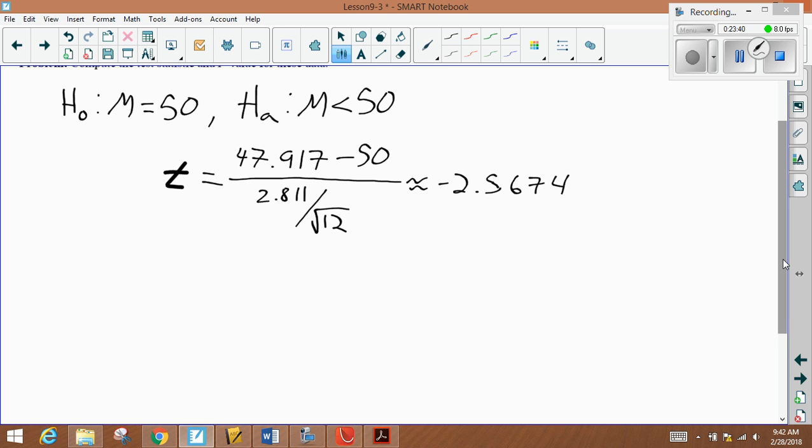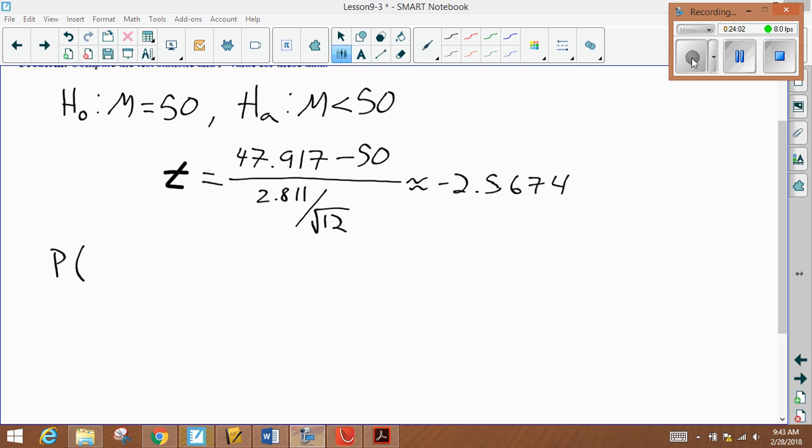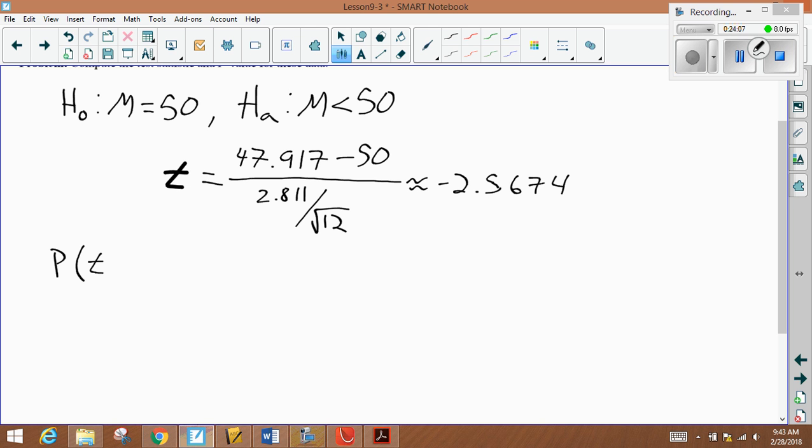So using our notation, we want to know the probability that... Okay, we'll just use t. Well, we're looking at the probability that t is,